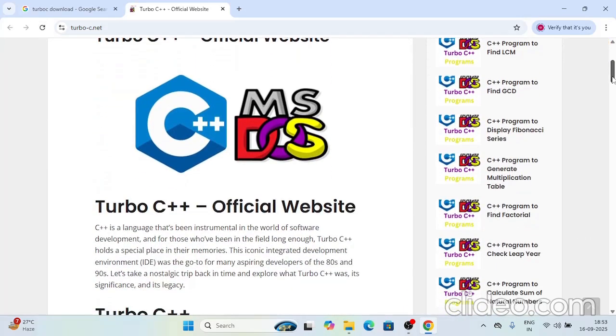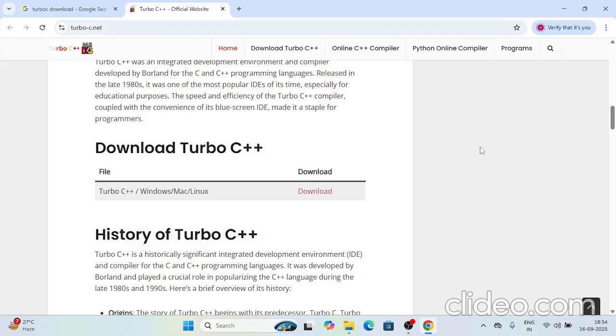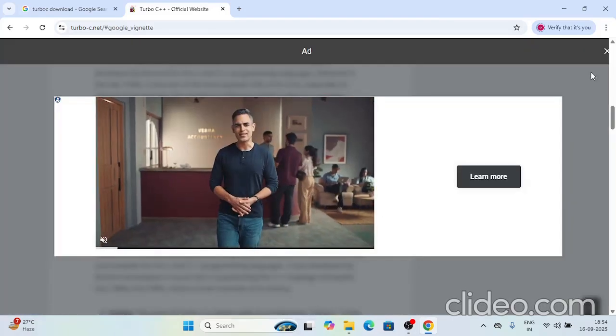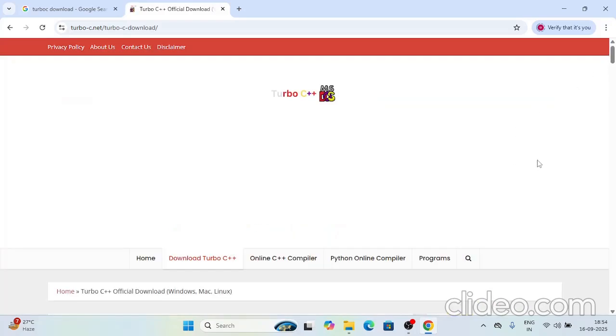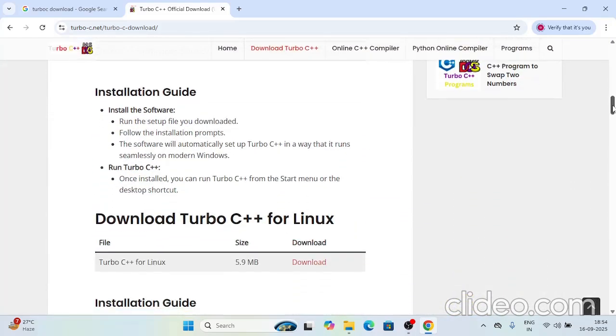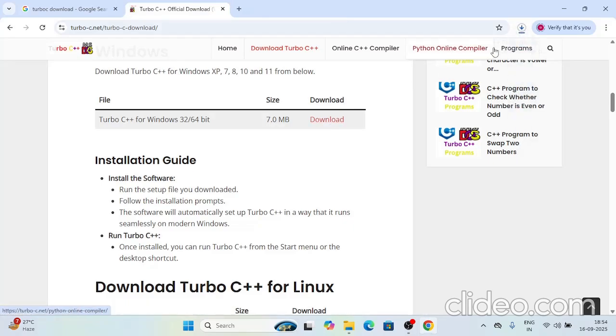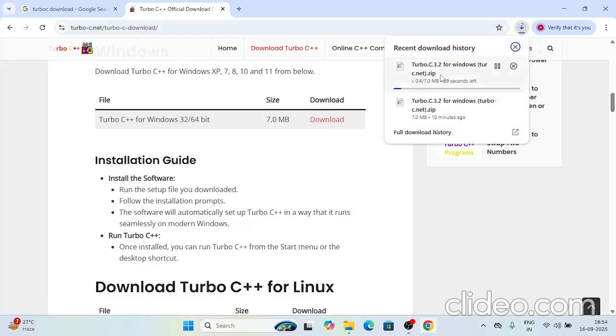Now scroll down and you will see here one download link. So click on this link. After that, you will see that our download is started. I have already downloaded this file, so I will stop this download and I will directly go to folder where